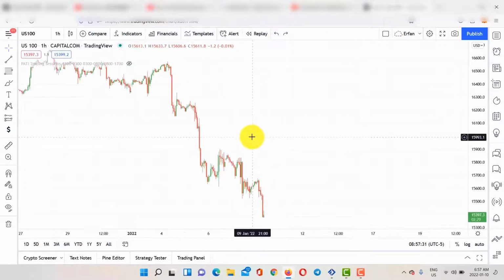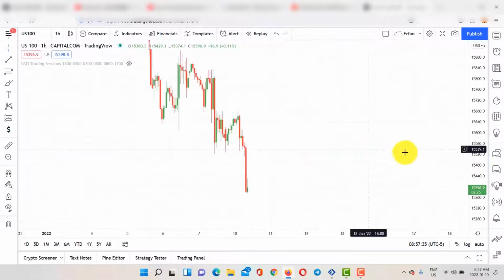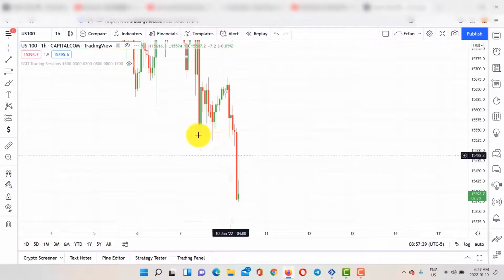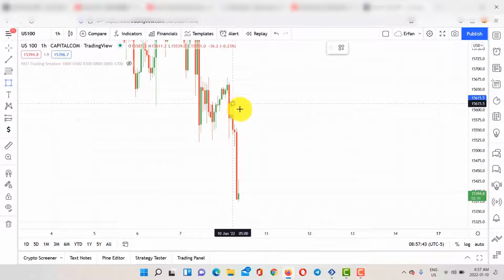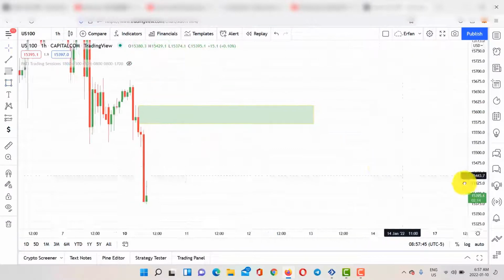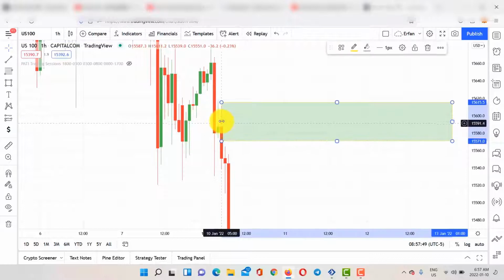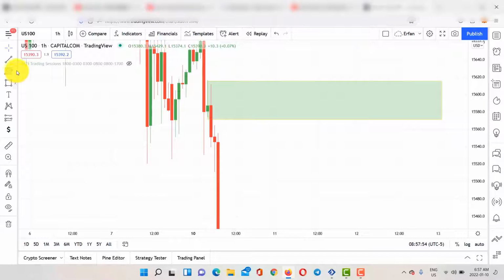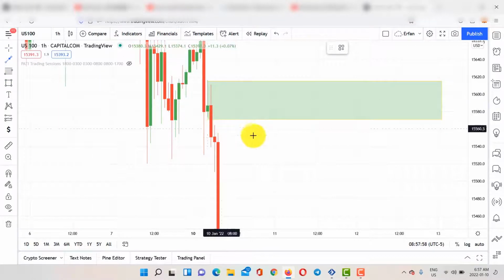If I remove everything, I'm going to show you every single gap that the market has created. This huge gap right here, we have one gap exactly right here. It's a smart money concept, guys. If you don't know what gaps are, go check out my first video, and you'll see how it works exactly. This is one gap here, because after